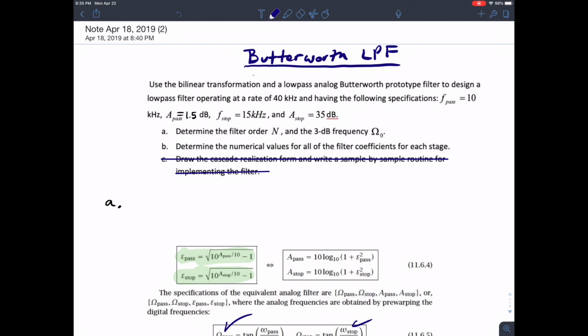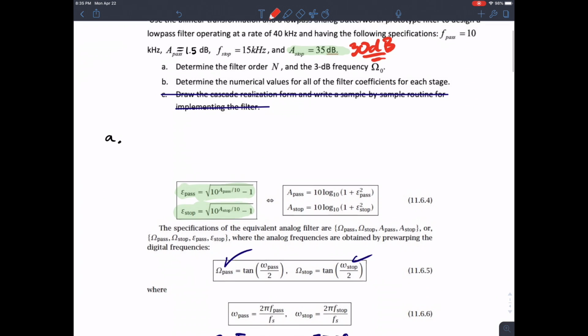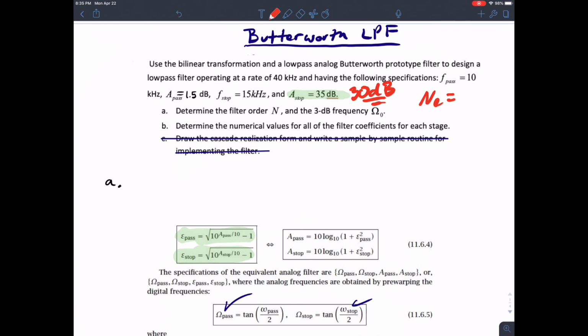Hey everybody, I wanted to point out that one of your classmates found an error in the Butterworth low-pass filter solutions. The error traces back to a mistake I made when I calculated epsilon stop. If you look at this specification, it says 35 dB and I used 30 dB for my calculations. I'd go back and fix everything, but it ripples down, because the N exact that you get with 35 dB is